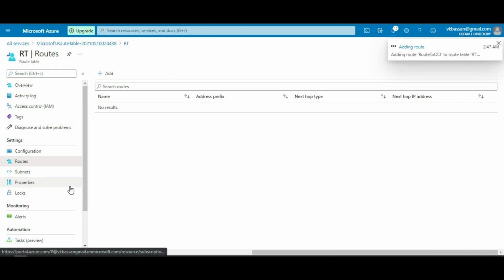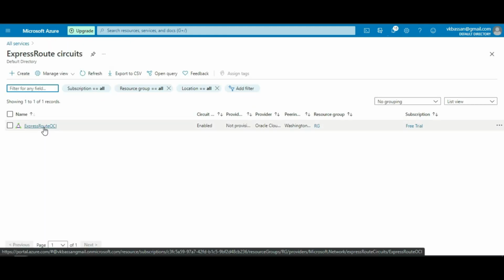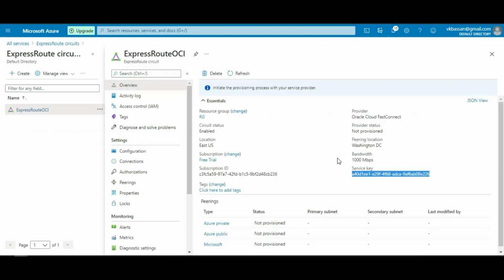Click OK. Next, go to all services, click on ExpressRoute OCI. This is the service key we need at the OCI end for the interconnection. Now we will move on to the OCI console and start implementing FastConnect.